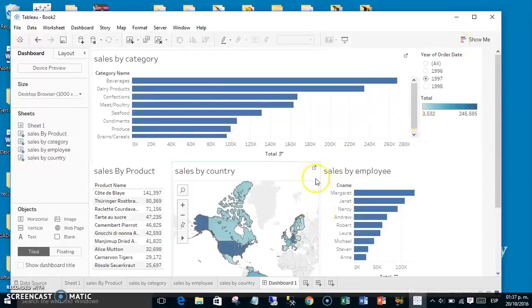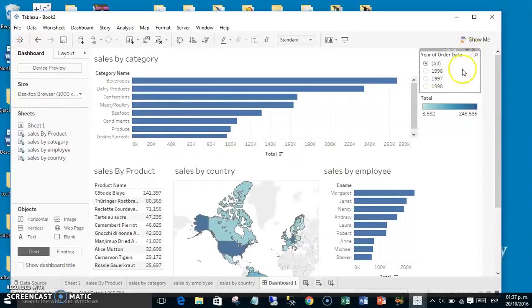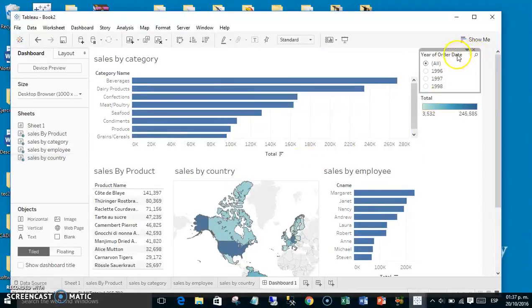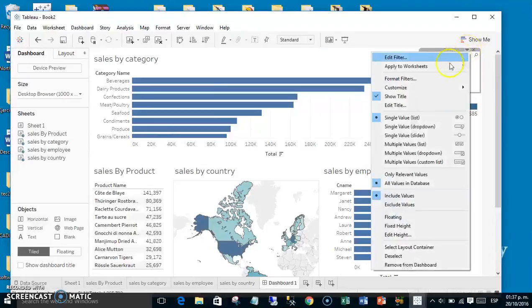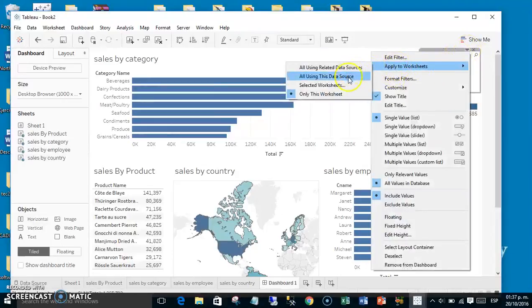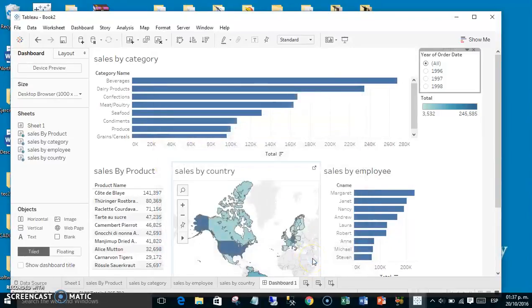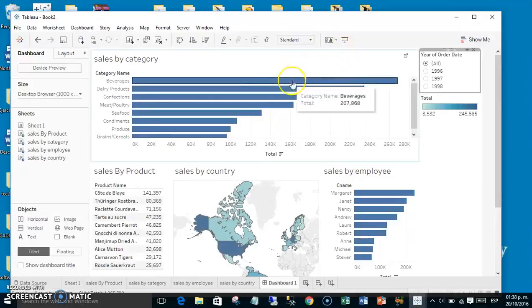Okay, and the filter that I have here, I can apply to all worksheets. So I have a complete dashboard now. Okay, so this is my dashboard, and I don't have enough time to make more arrangements, but this is how